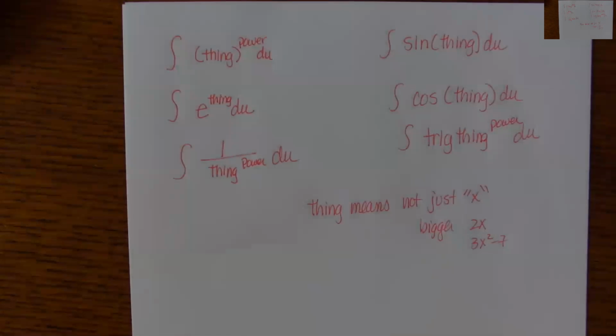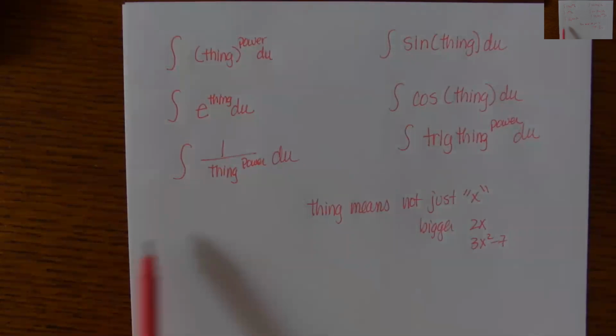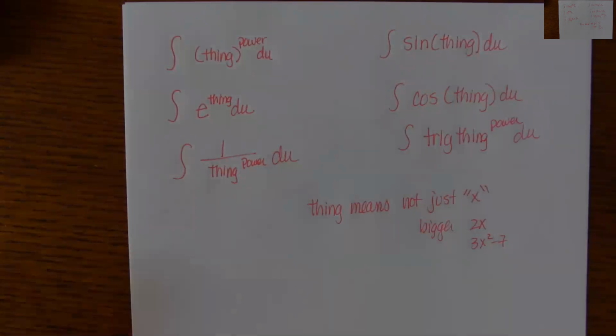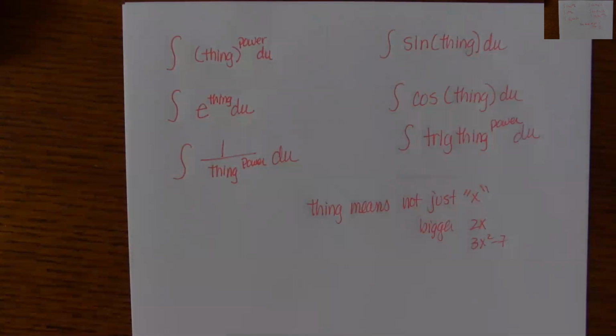If it were just an x, you could do it from yesterday. So when we have to integrate and we've got something raised to a power, or e to a big thing up here that's more than x, or a thing in the bottom raised to a power, or sine of a thing, I don't mean x, I mean like a 2x in there, or 2x minus 7. Okay, so the word thing,